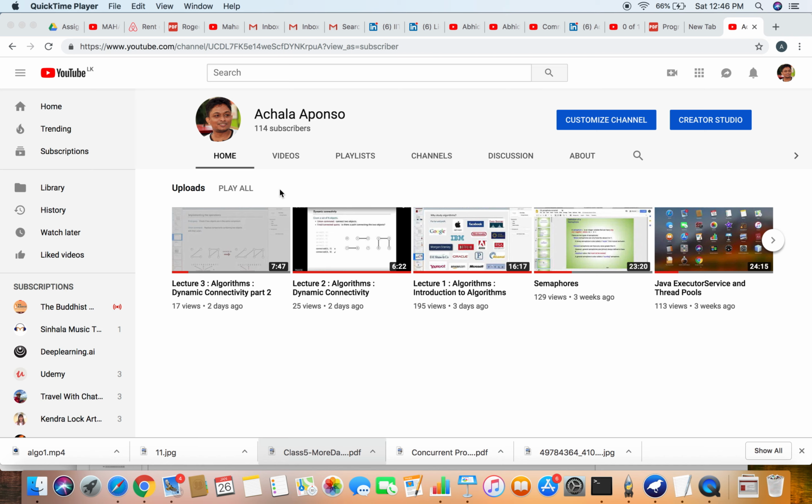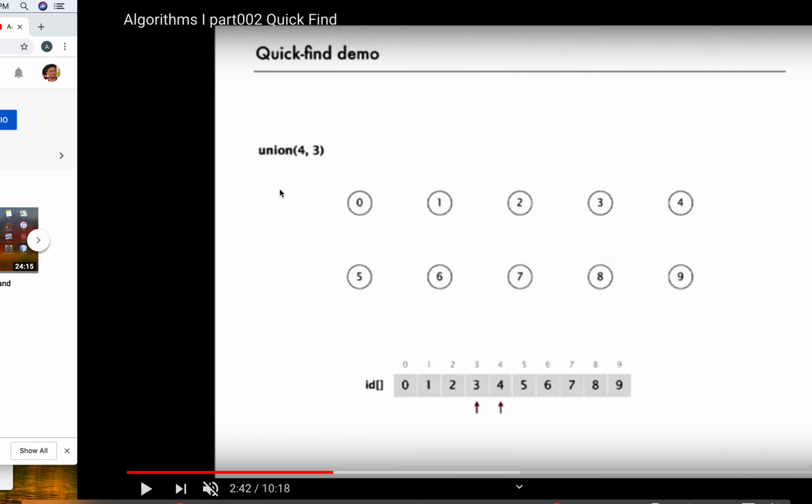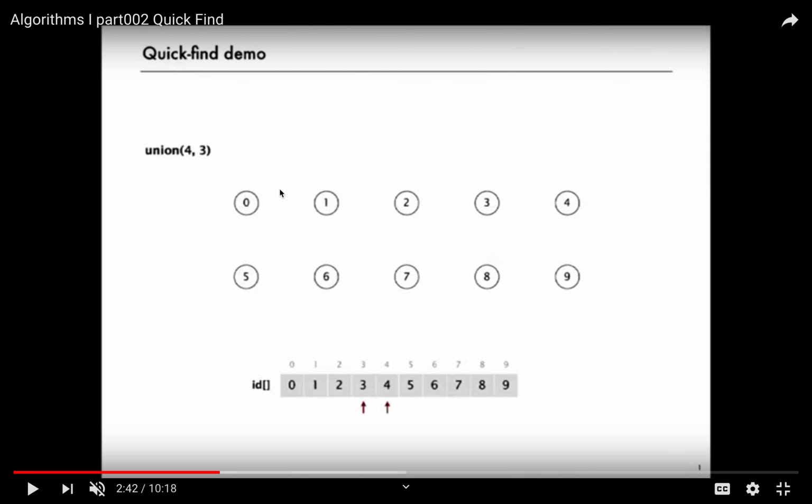In this session, we'll look into a demo of quick find. In the previous session, we looked at the example of quick find, and